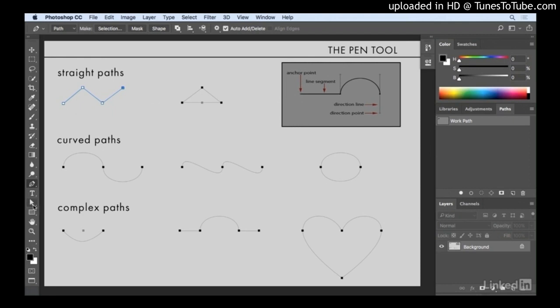So I'll click to add it, but then again, I'm going to use that shortcut, that command key, that temporarily switches me to my path selection tool, and then I can reposition that. All right, and then if I wanted to delete that, I'll just hover my cursor on top and click with the minus. All right, to save this, I'll double click on the work path and save that as path 2.